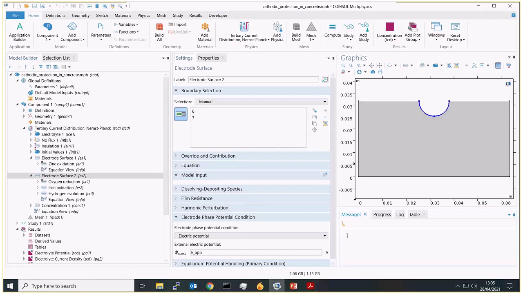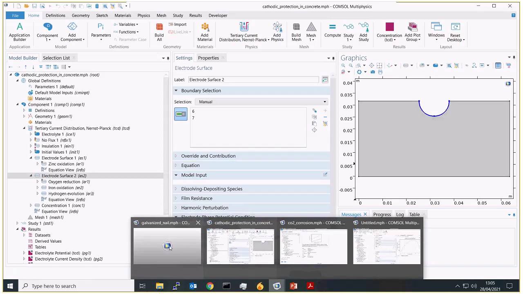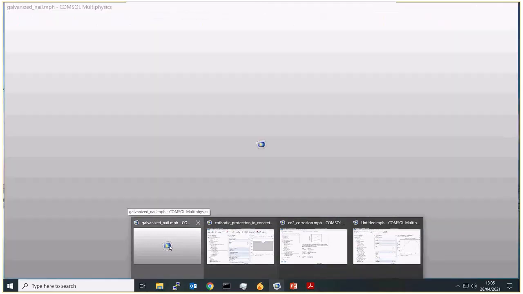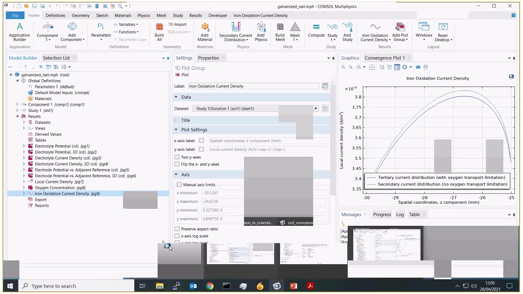Chris Gugan next is asking, during your galvanized nail example, you only seem to obtain a very small change in oxygen reduction current density when you moved from Tafel control to diffusion control in wood. This conflicts with diffusion control in other environments, for example, seawater. Have I got this wrong?